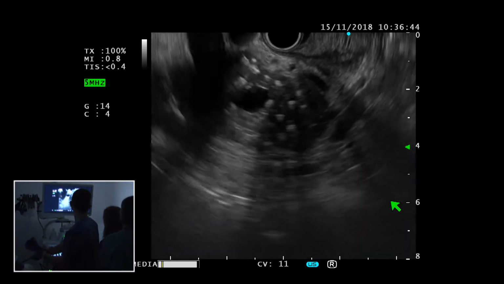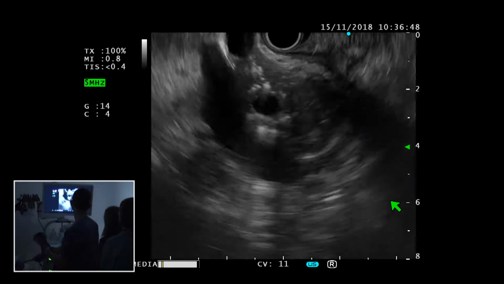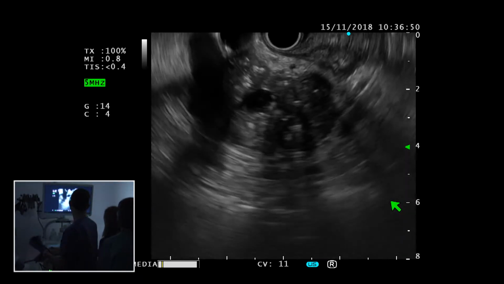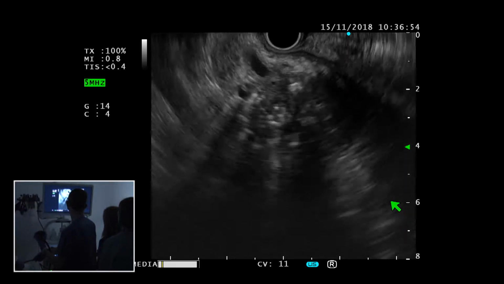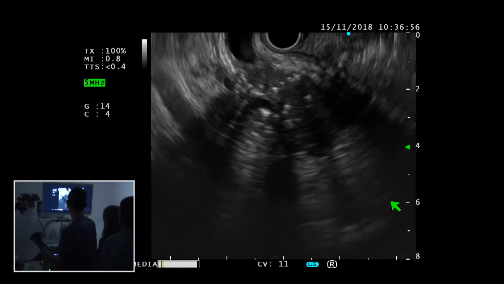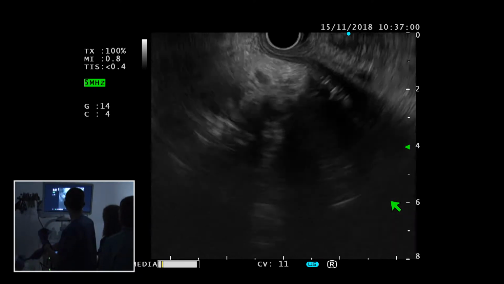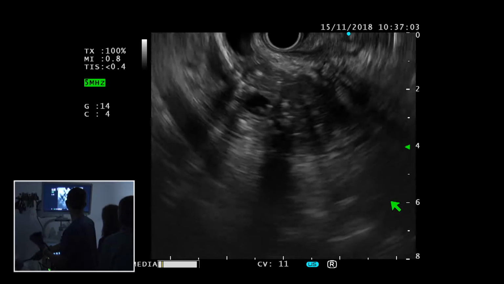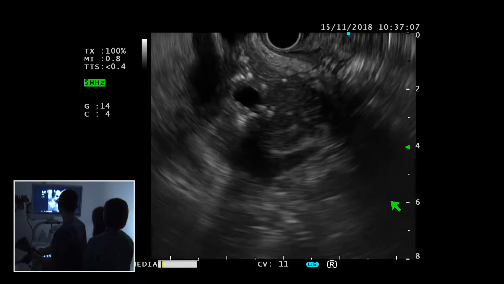What is the anatomical landmark to identify the uncinate process? What do you use to identify that part of the pancreas? I go through the common bile duct and the Wirsung duct till the papilla, and starting from the papilla, I can see and find the uncinate. Now I'm in long position,